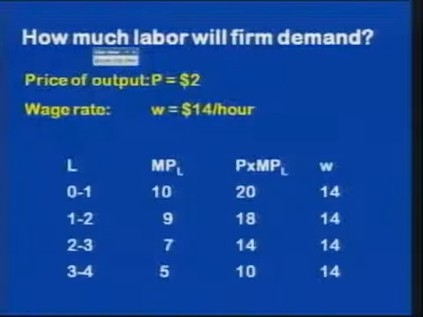So going from 0 to 1, the product of that first worker is going to be 10. You can sell it for $2 each and get $20 of